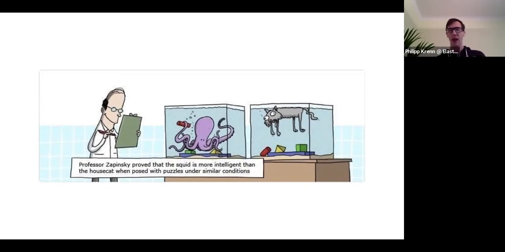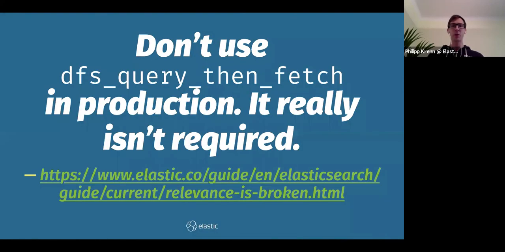And depending on that, also with DFS, query, then fetch, you could have multiple scenarios. You will definitely have another network round trip, which might be very fast though. Then it will depend, is all the relevant data in memory? Probably it is, so it's potentially rather fast, but there is still additional overhead that you will run into. And the documentation is pretty explicit. You should not really need this.